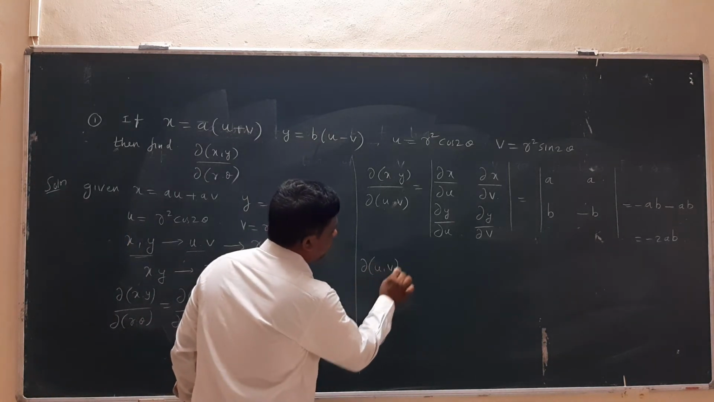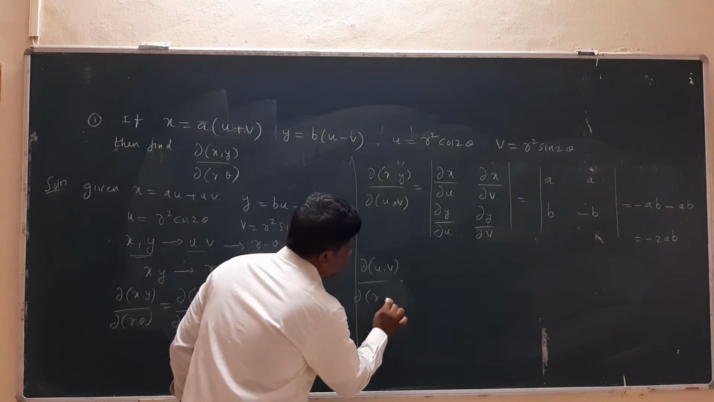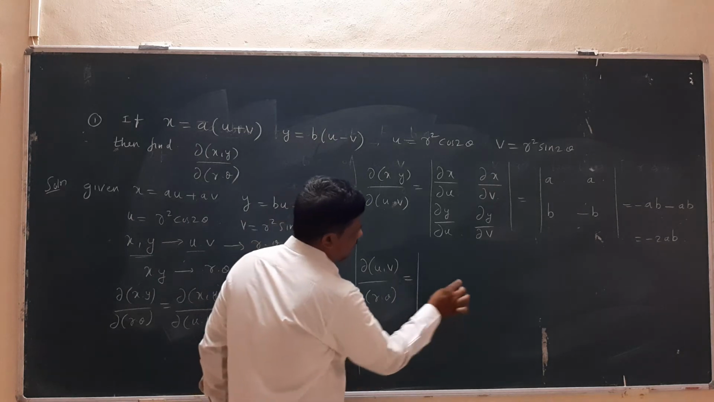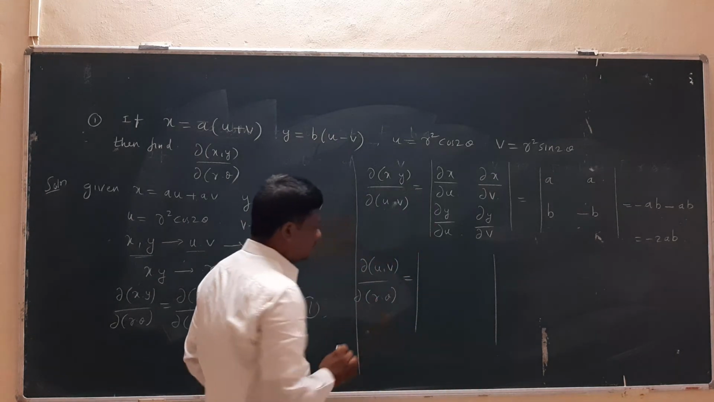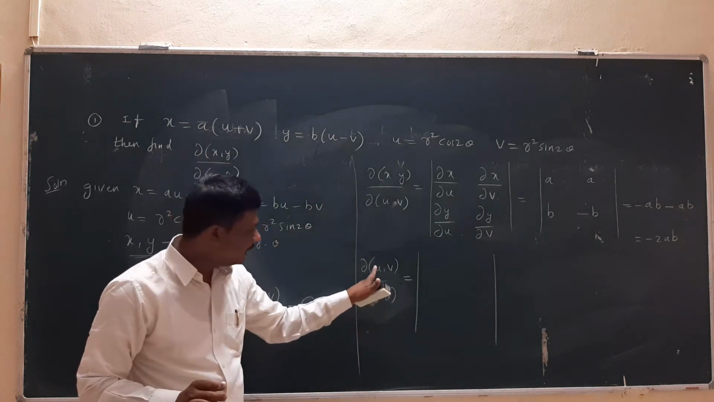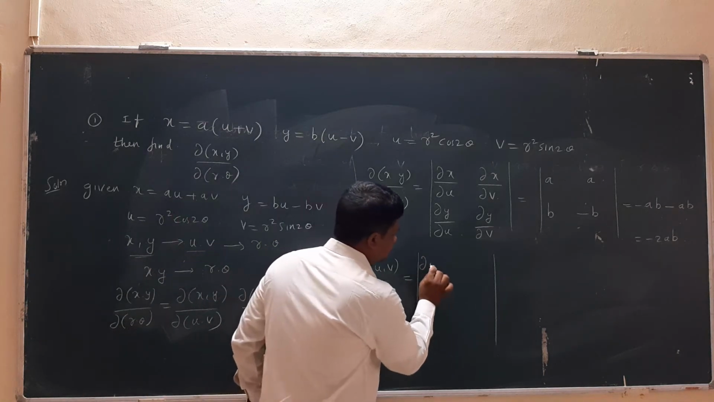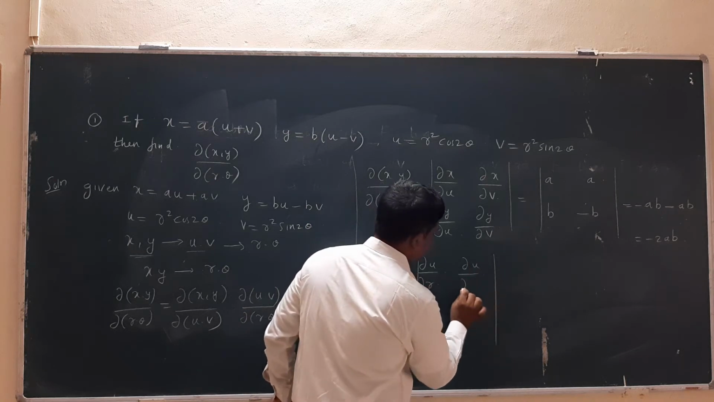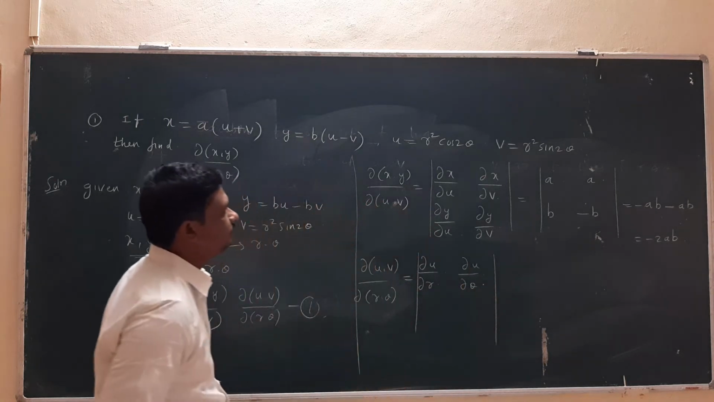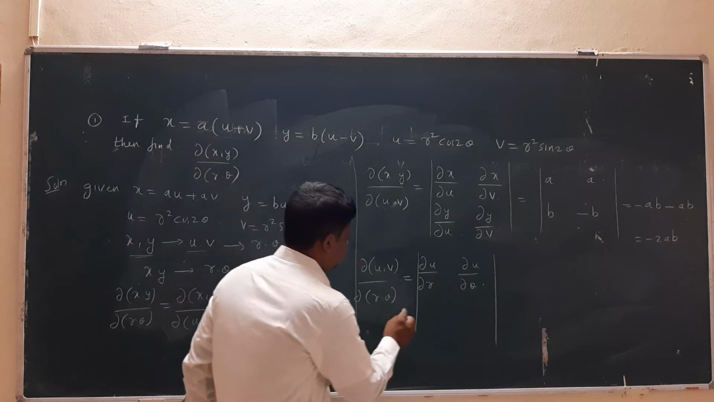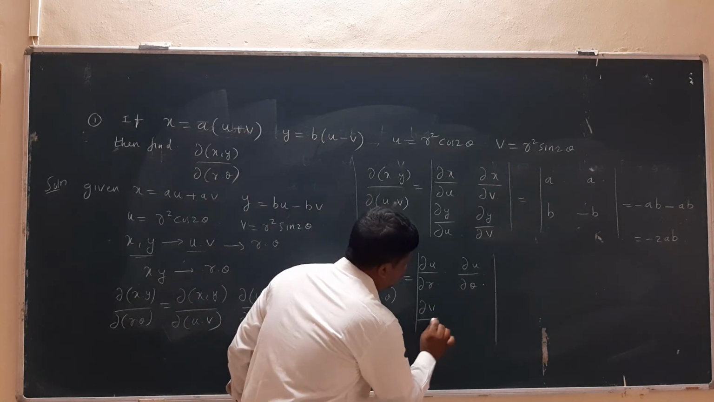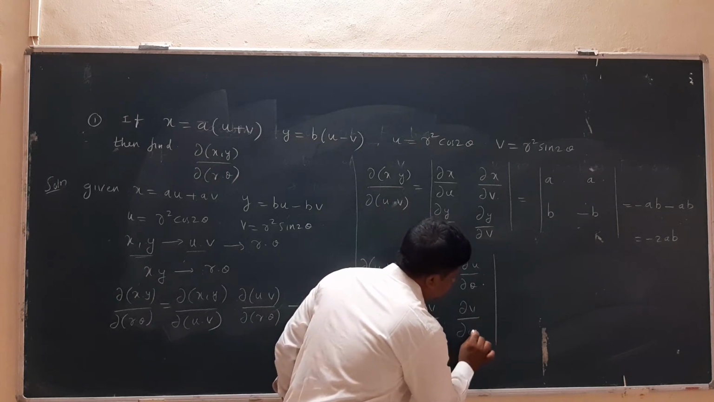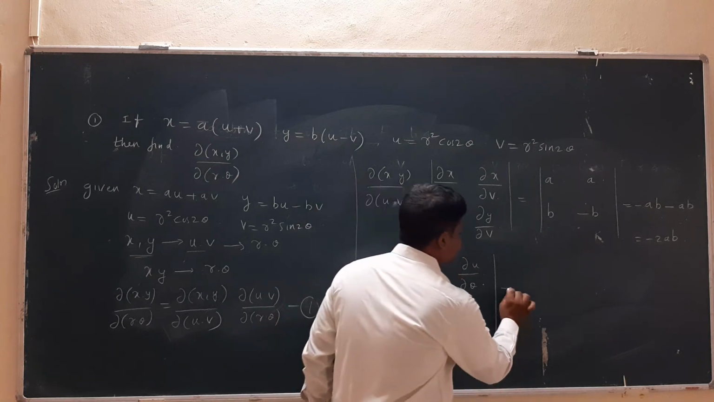u and v with respect to r and theta. First I will write the determinant, that is ∂u/∂r and ∂u/∂θ in the first row, then ∂v/∂r and ∂v/∂θ in the second row. So this implies